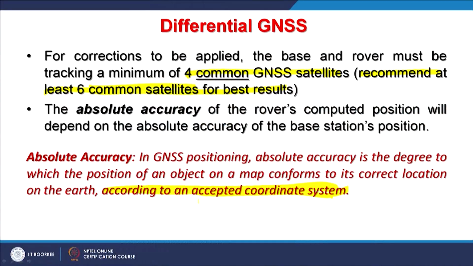Normally, using a single receiver without differential technique, we do not get as accurate a position as in the case of differential. So, if I give some values, then in single handheld receivers or even through a smart mobile receiver, the maximum accuracy we generally get is 3 meters. But if we bring in the differential technique or RTK, which we are going to discuss next, then our accuracy can be improved to centimeter, even sometimes to millimeter. So, that is the major difference between a normal GPS or GNSS operation and differential GNSS operation.